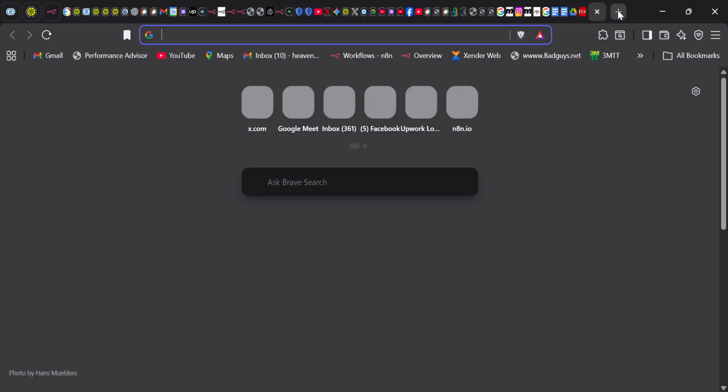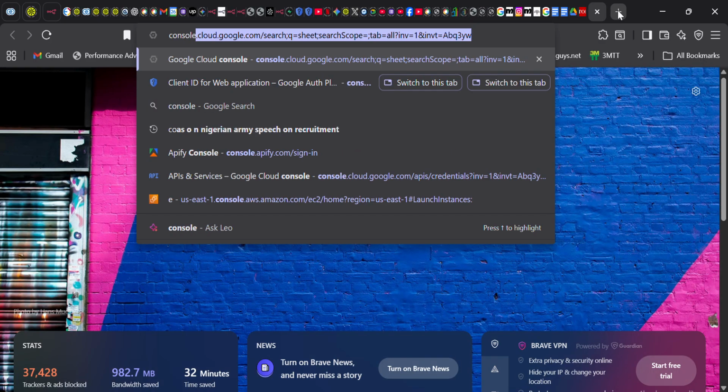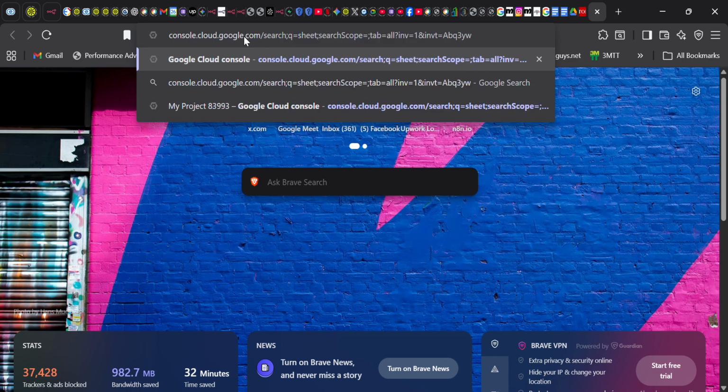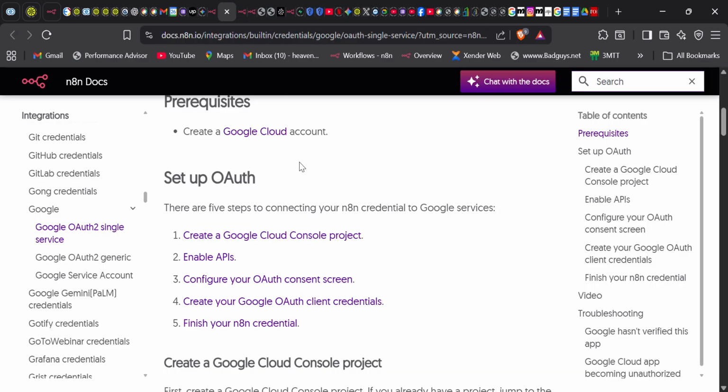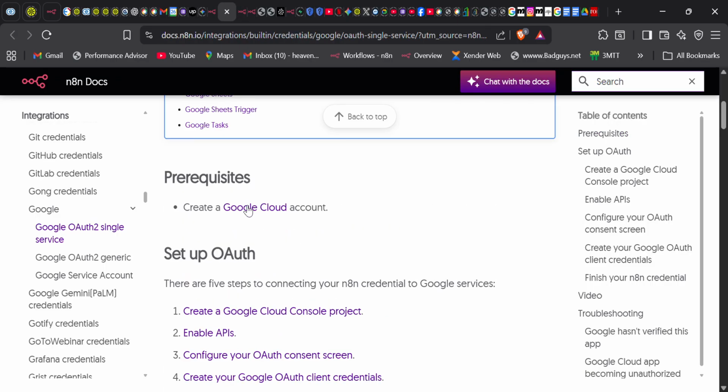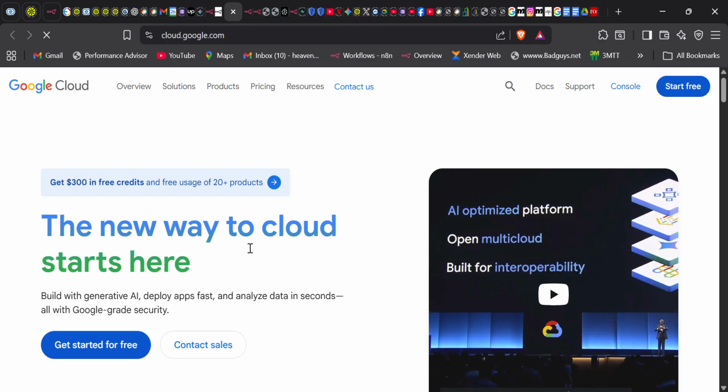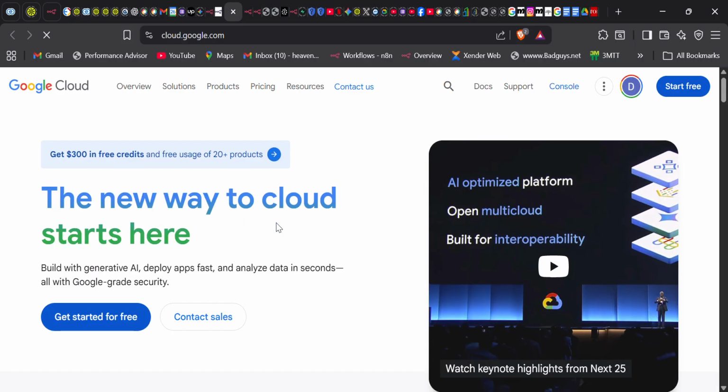If I type console here, it will basically take me to console.cloud.google.com. That is basically the site for Google console. Even if I click from here, it will still take me to the same site, cloud.google.com. So once you find yourself in this place,